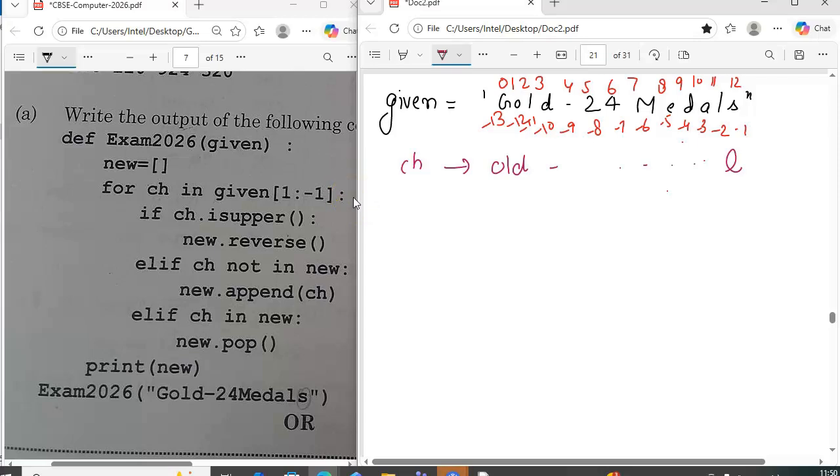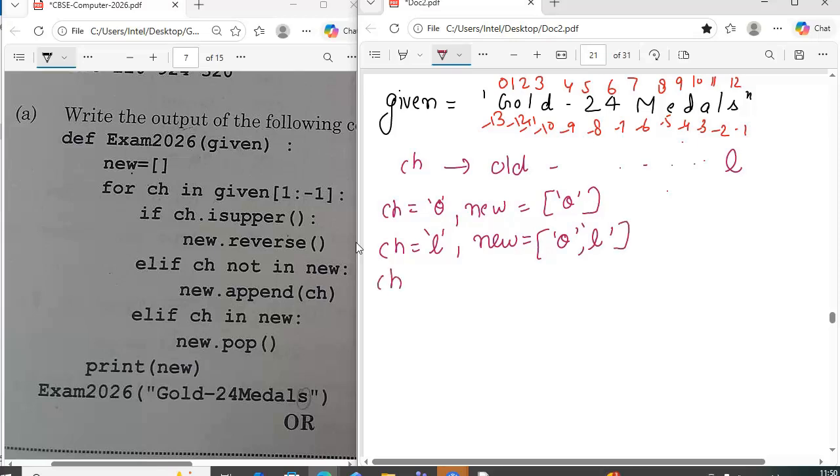Now if I talk about the first character, CH is equal to O. Is O uppercase? No. Is O in new? No, because new is blank only, so it will go here and this new list will be appended with CH, which is O, right? Next, CH becomes L. L is also not there, so new is O, L. Then CH is equal to D. D is also not there, so new is equal to O, L